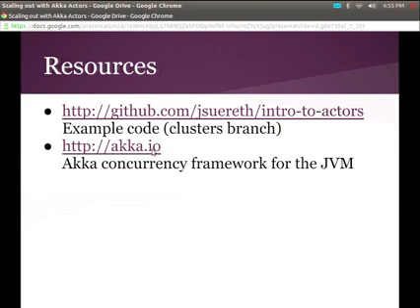Okay, here are a few resources. The source code is at JSurret Intro to Actors if you want to read the source code that I used for this talk. I don't really have time for a demo, sorry. And Akka.io is the Akka concurrency framework. Inside of there, you can read there's a cluster spec, which describes all the algorithms that are used to determine cluster leaders, all of the terminology that we use in Akka. And there's also documentation for how to use the 2.2 clustering system. So everything I just showed you is available in a really well-written set of documentation. So with that,